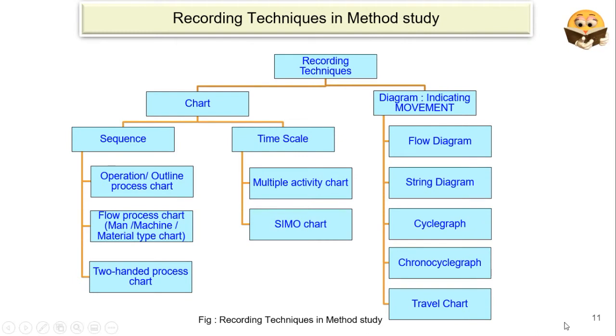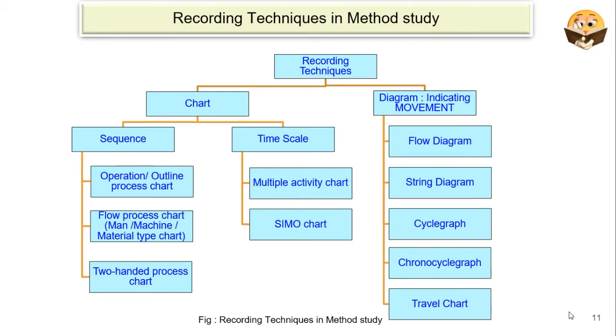So in method study, the second phase is called record. In recording techniques, the next step after selecting the work to be studied is to record all the facts related to the existing method, so that the activities selected for investigation may be visualized in their entirety, and in order to improve them through the subsequent critical examination, it is essential to have some means of placing on record all the necessary facts about the existing method.